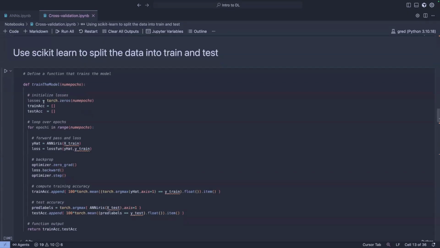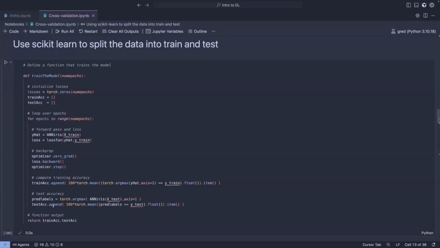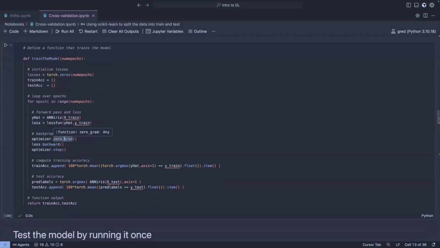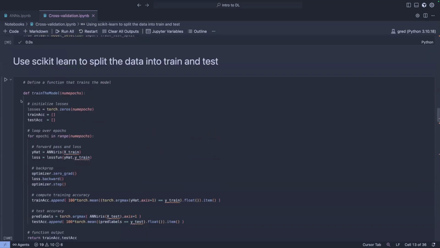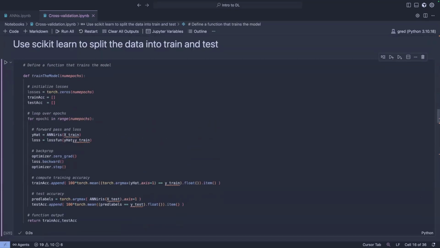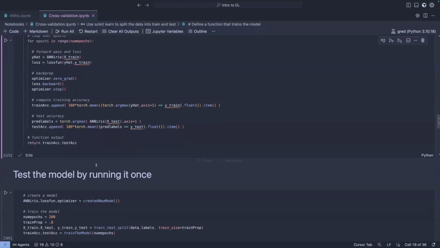We're just defining a train model. So everything that we've done previously, we're just wrapping this into a function where it takes an X train and computes the Y hat, and then it takes the Y hat, compares this to the Y train, and computes the loss. Then it does the backpropagation. So it does the zero gradient, the backward, and the step, and then this is where we're computing the accuracy of the training at every epoch basically. So I'm just wrapping this into a function so that it becomes a one-liner to run rather than having to repeat the same code again.